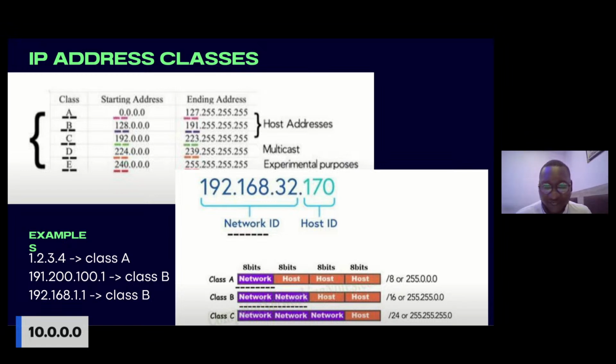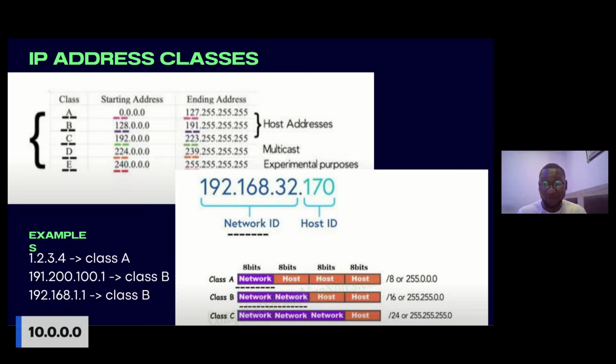So it means the CIDR will now be 16. That's why you have that at the right hand corner. You have 16 there. If you notice the last one, which is class C, you have 8 bits, 8 bits, 8 bits, and then you have one last 8 bits, which is for the host. And then it means you have 24 bits for the network and then 8 bits for the host, right?